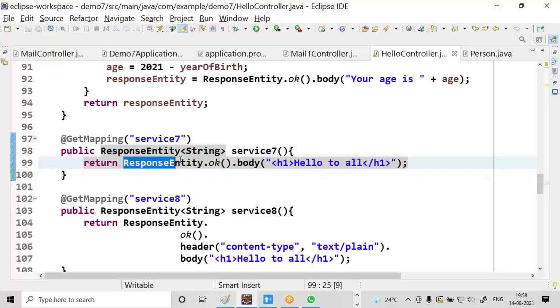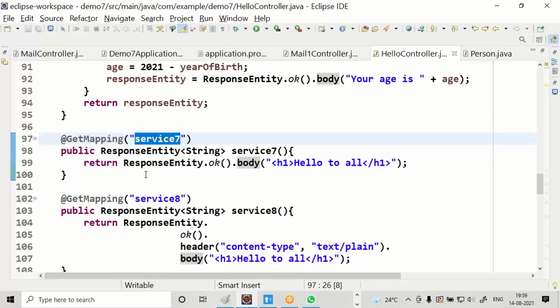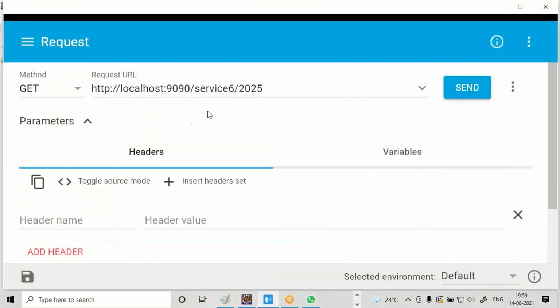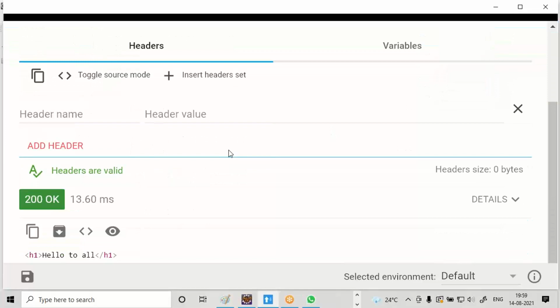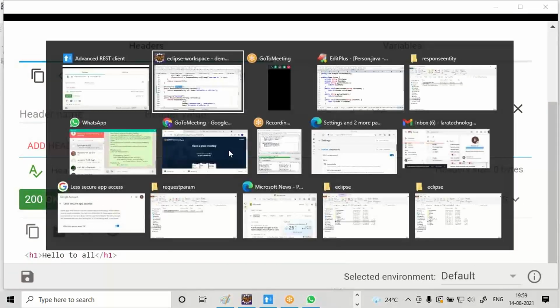You can create a response entity object through a static method, specifying the status code through the method name itself. Give a call to service 7. Response entity, very important.